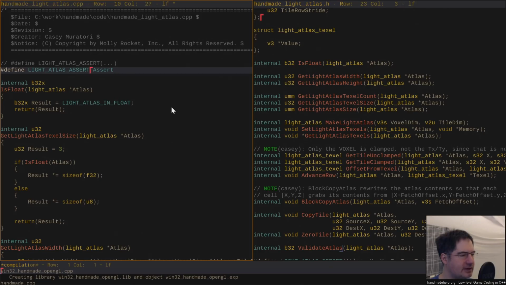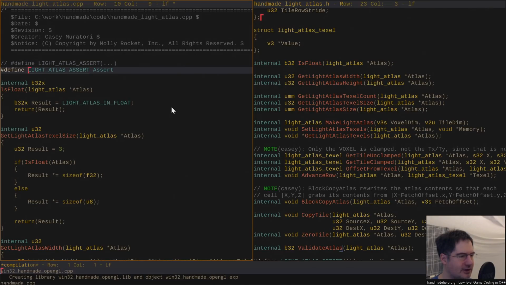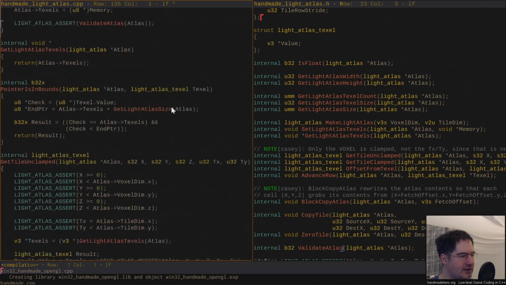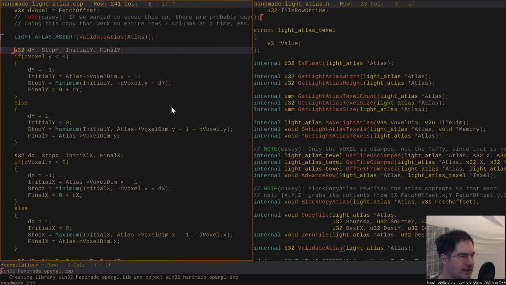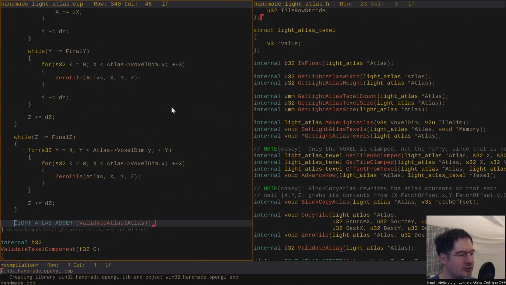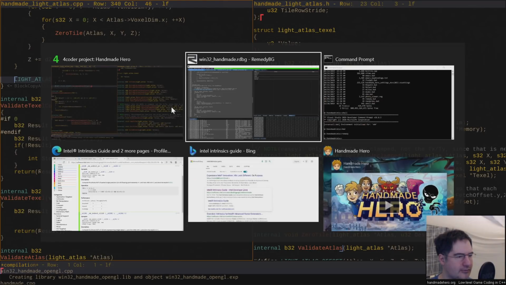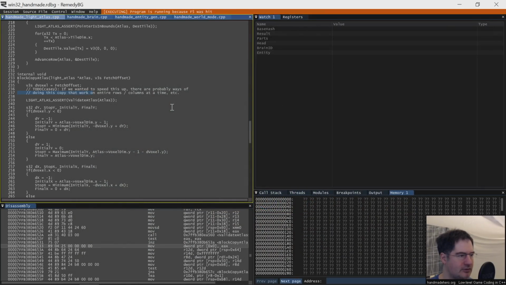So is the light atlas assert even defined in? In fact, I could just go ahead and put these in there, and then we could define it out, right? We have to remember to actually do that. So our light atlas actually has a bunch of assertions it shouldn't have. We can put in some of these calls, like light atlas asserts, that will then turn off at the end, right? So here's us doing a bunch of validation, and we think we should basically determine from that the light atlas code itself is not causing the problem here. And that when we do cause the problem,